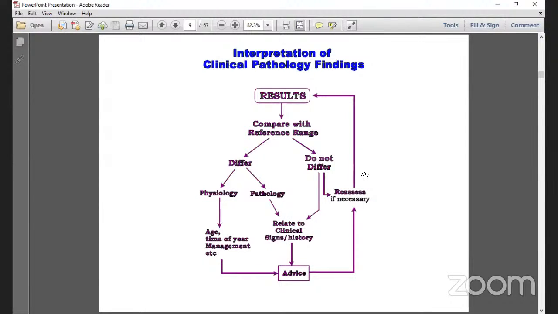Okay, so interpretation of the clinical pathology finding. When we have the result, we have to compare with the reference range. And from here, we can see there will be a difference. If you find a difference in terms of the result when you compare,